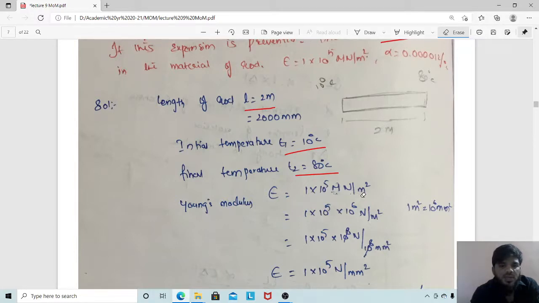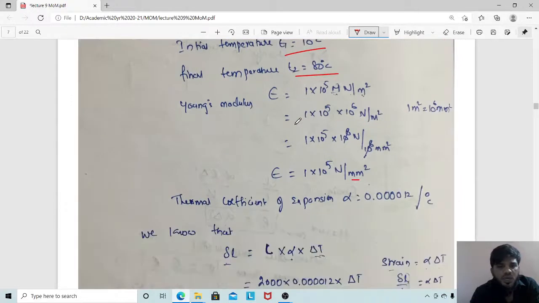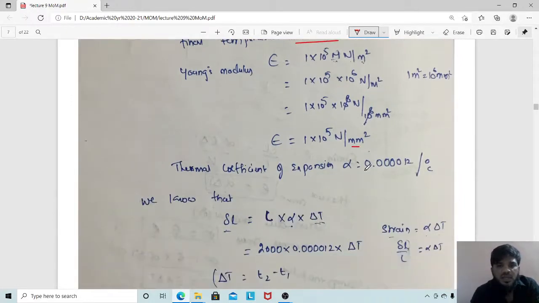Here again meter square is given. 1 meter square, we know, is 10 to the power of 6 mm square. So this 10 to the power of 6 and this 10 to the power of 6 will be cancelled. Here I have cancelled it. So what is left out? E is equal to 1 into 10 to the power of 5 Newton per mm square. Why I am converting these units in terms of mm square is because your initial units are in terms of mm. Now thermal expansion is given as alpha is equal to